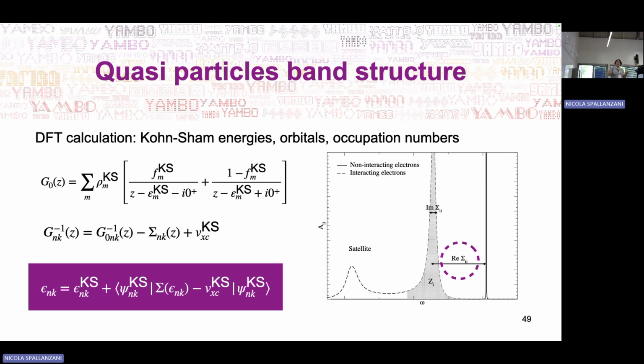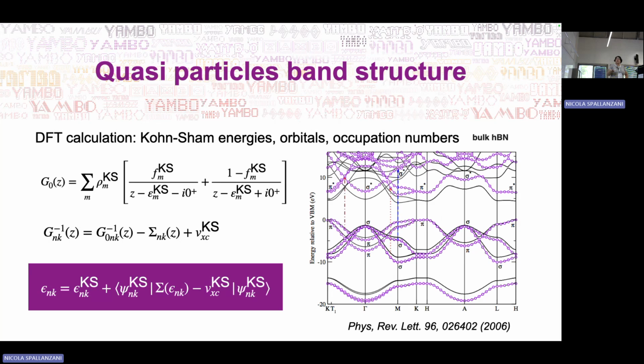So in the end, what we get from the self-energy is that we can write an equation that gives us a correction to our energy states that will give us the band structure. It's a correction based on the original mean field values, the quantum values, and the correction that will be given by the self-energy. But this will be very well explained by Alberto and Giacomo in the next sessions.